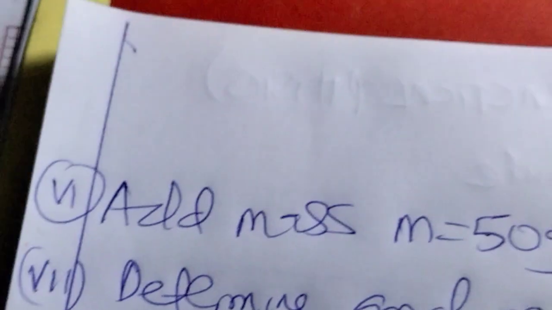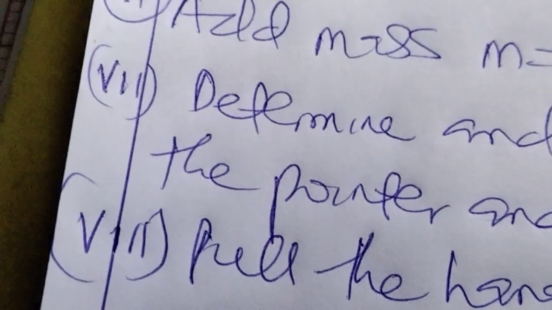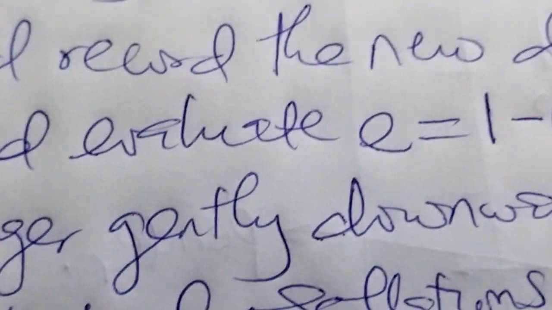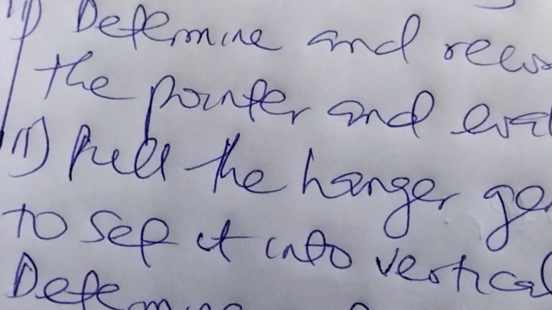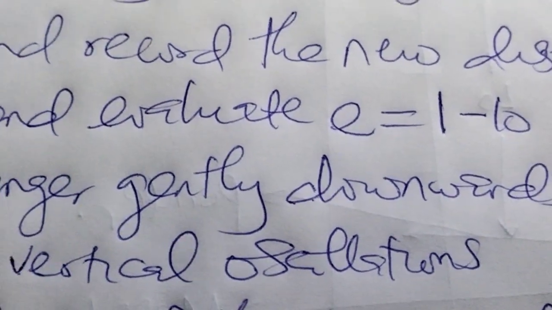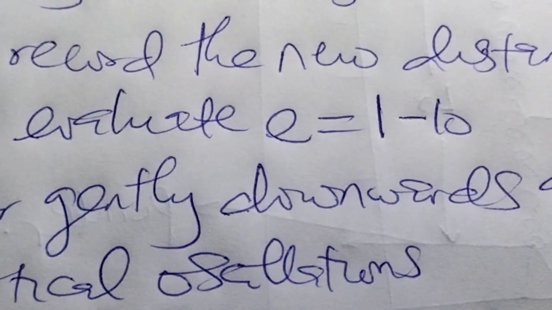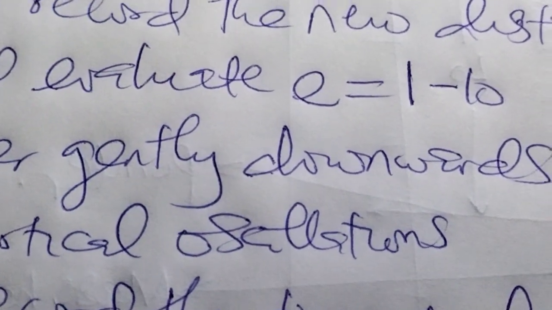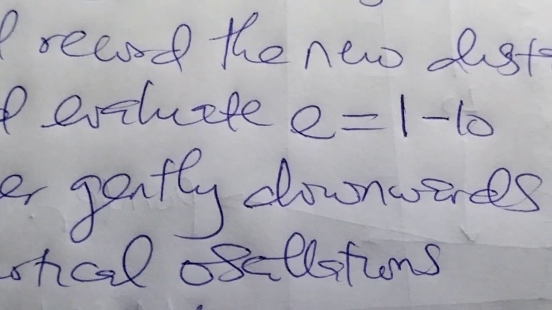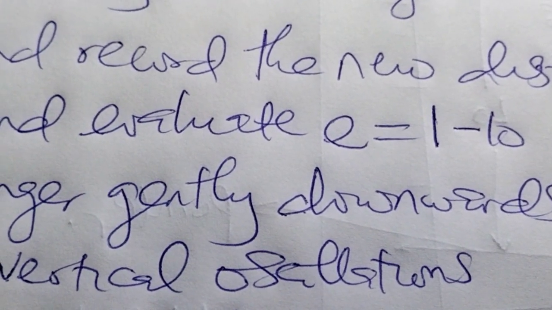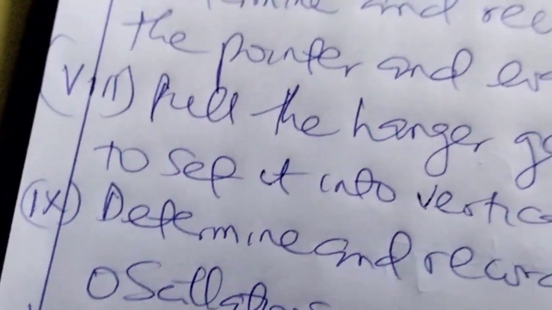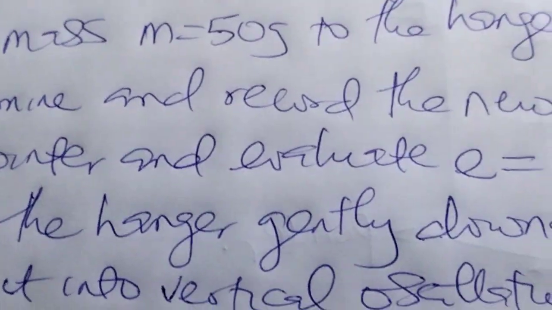Number 5 or 6, add mass M equal to 50 gram on the hanger. Then 7, determine and record the new distance L of the pointer and evaluate e, the extension, given by L minus L0. Remember that L0 is the length of the spiral spring when the mass hanger alone is hanging on it, while L is the length when you start slotting masses on the mass hanger. Then 8, pull the hanger gently downwards and release